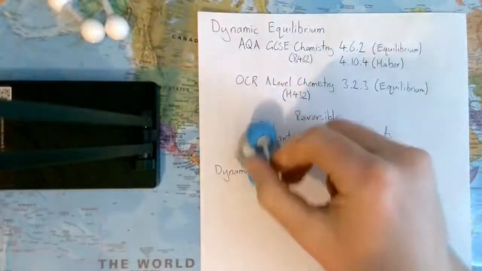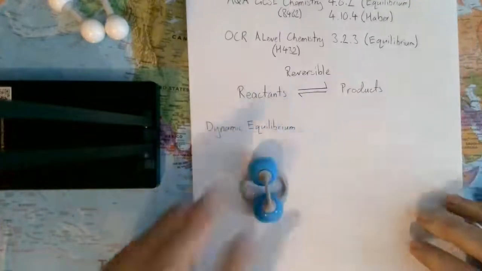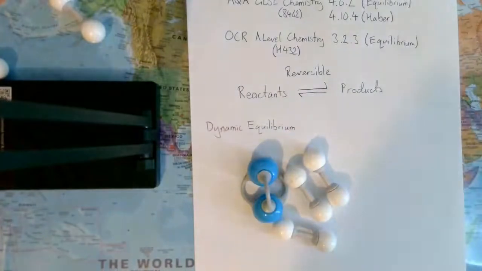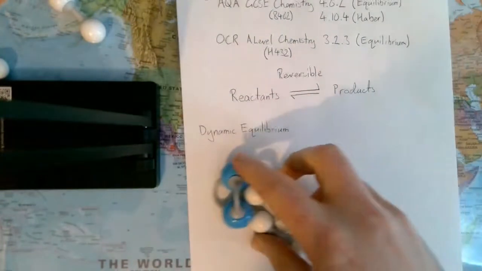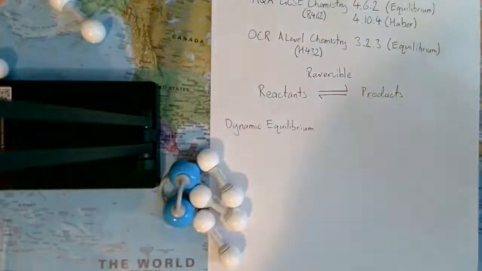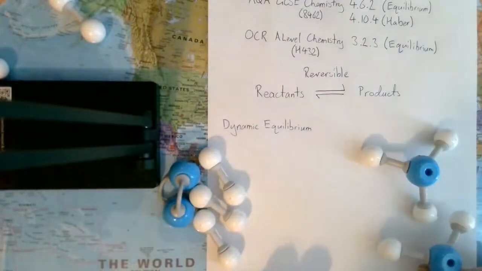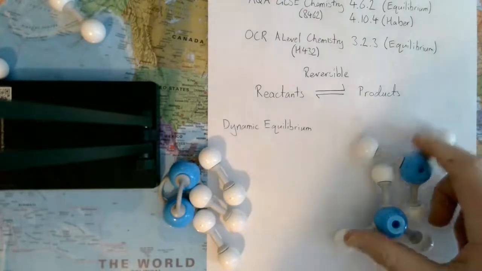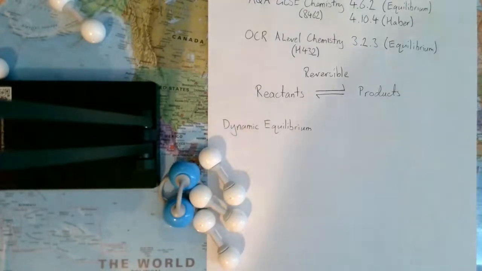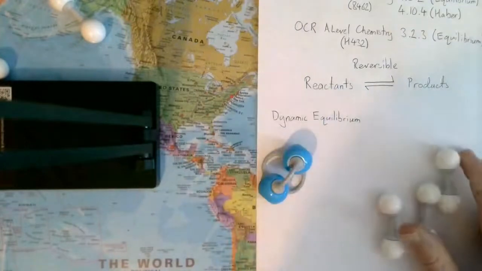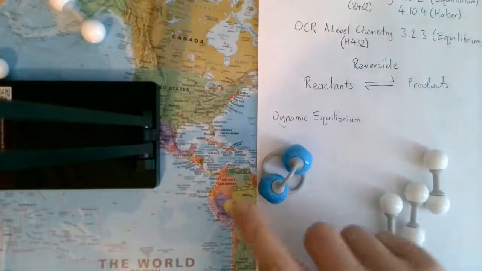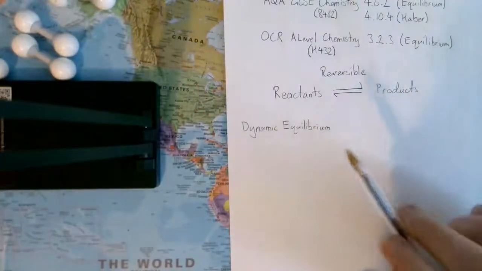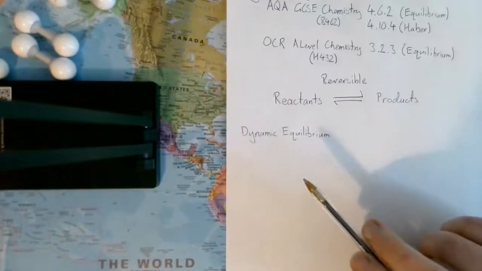So the one that is probably the most associated with this topic would be when we take a nitrogen and we take 3 hydrogens and we react them together and we form NH3, which is ammonia. Except the ammonias can react together and split apart and reform these elements, which can then react together and reform the ammonia. We get what's called dynamic equilibrium